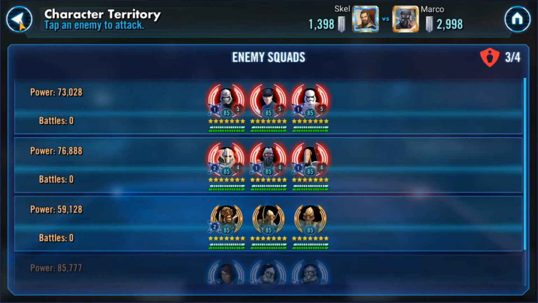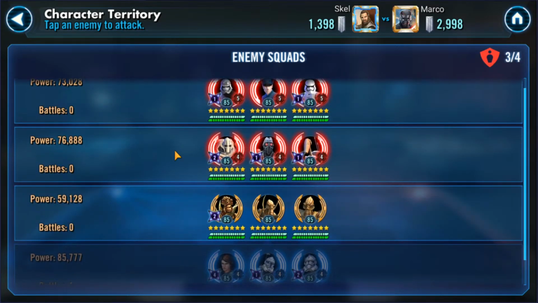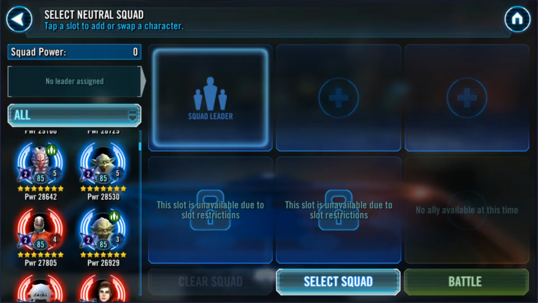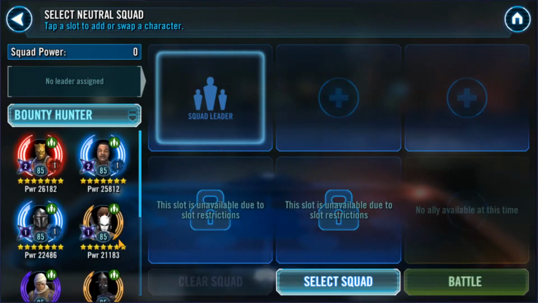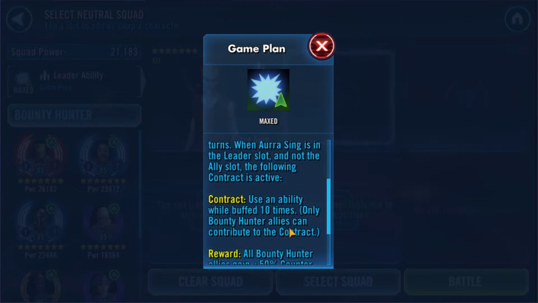I could use Shaq with the Echo and Arc, but I mean, Grievous is still Relic 4, so he will hit pretty hard. I'm not sure what to use here. Aura, yeah, Aura lead gives no recovery at all, and I still have to use ability while buff 10 times. Yeah, I guess Aura could work, but